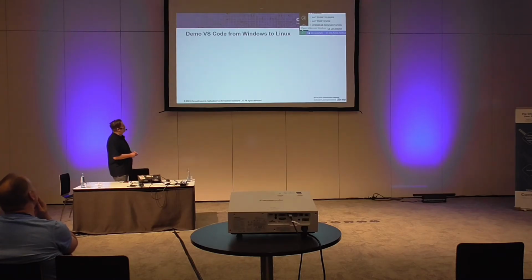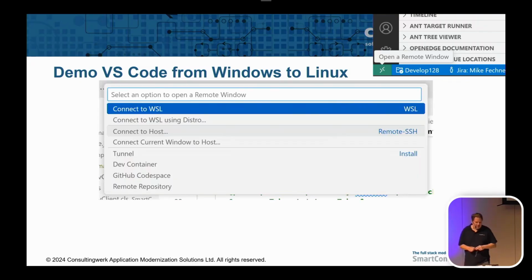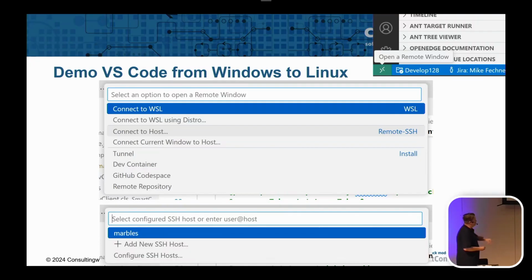So there's this green button in the bottom left of the status bar, open a remote window, and then the omnibox asks you what. So do you want to use the Windows Subsystem for Linux, so actually the Linux which is part of Windows 11, or do you want to connect to a host? So if I connect to a host, I could see a list of pre-configured hosts. Marbles is